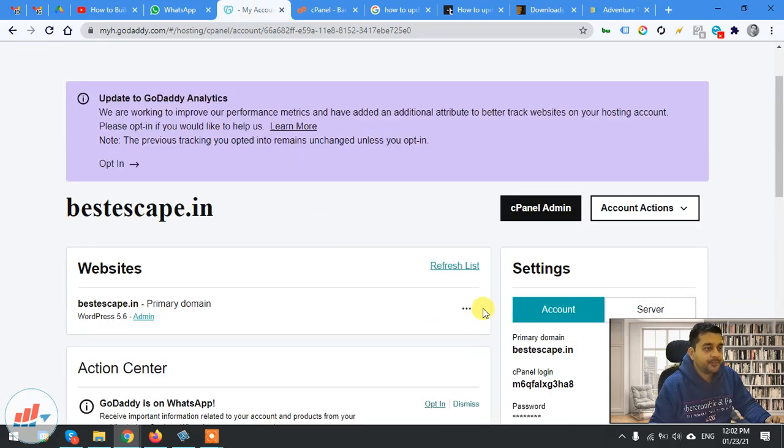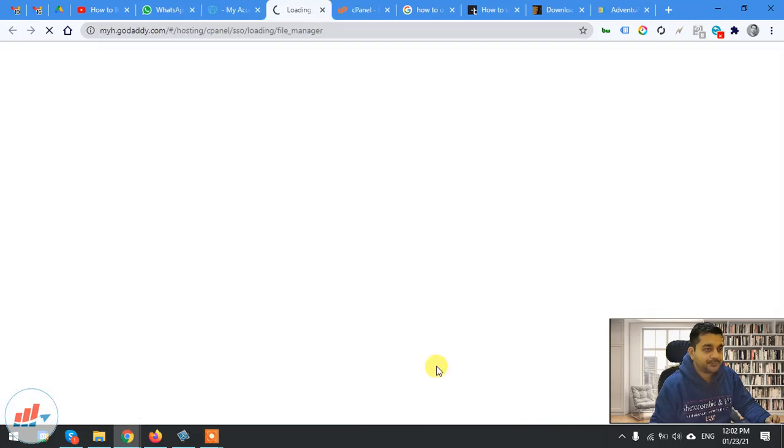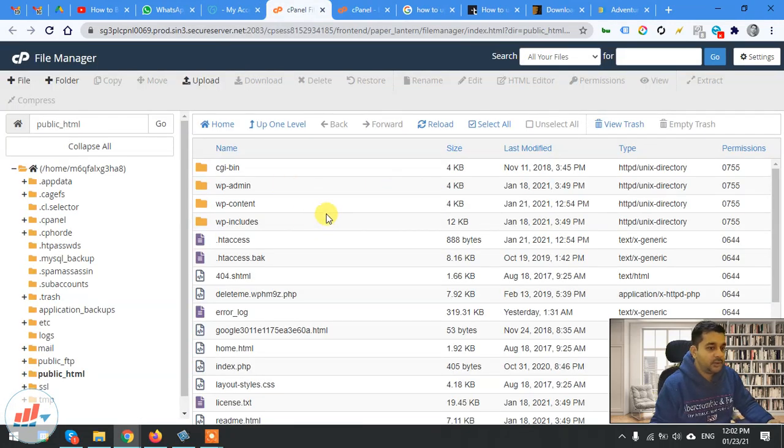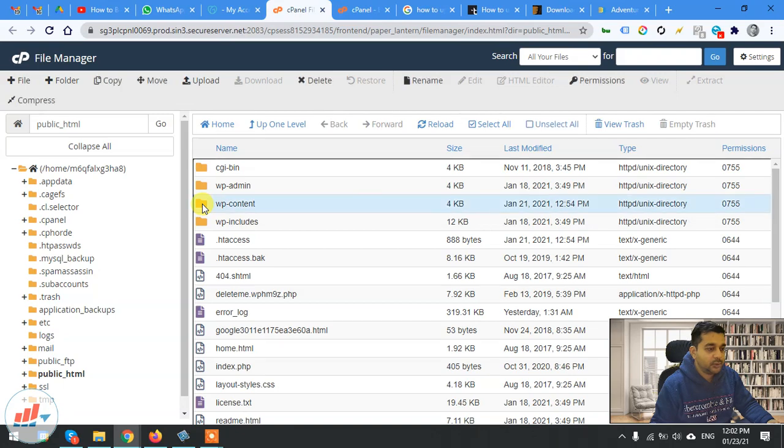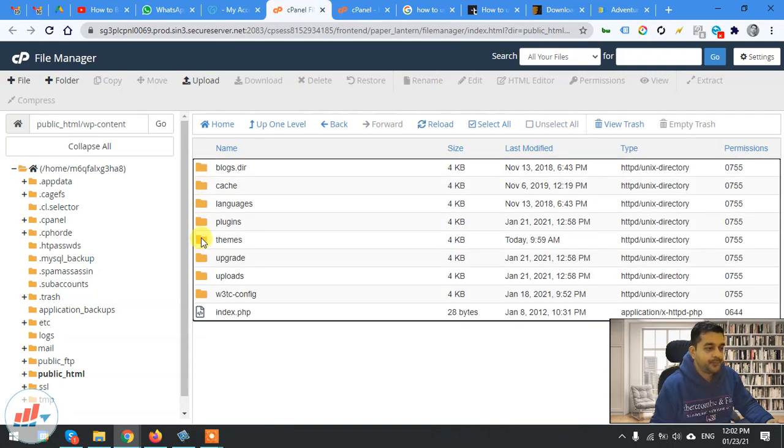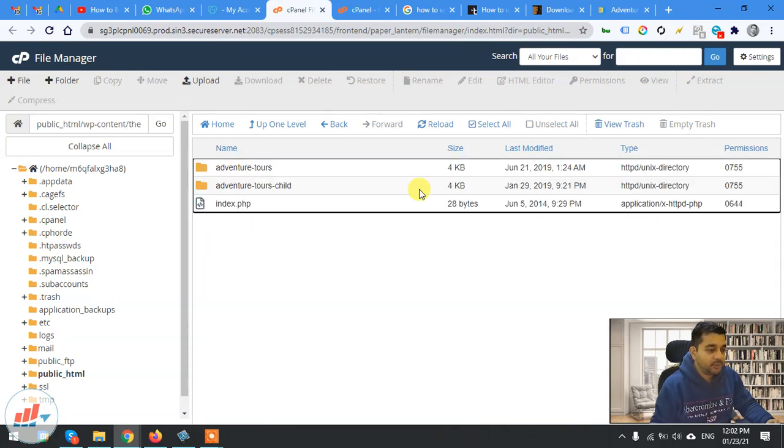So now the next thing would be updating the theme. How can I do that? I need to go into the file manager from here. Now when you are inside the file manager, you need to go into the wp-content folder, and here there is a themes folder. Now here you can see that there are two different folders. One is the child theme and one is the main theme folder.